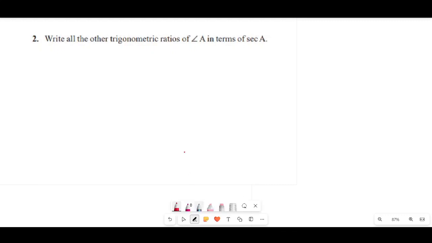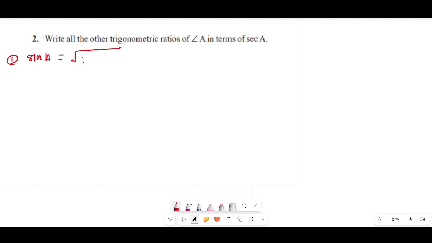Here, write all the trigonometric ratios of angle A in terms of sec A. So don't worry. Here the first point, sin A in terms of cos A. So we can write sin A in terms of cos A, then cos A is the reciprocal of sec A, so we can write here